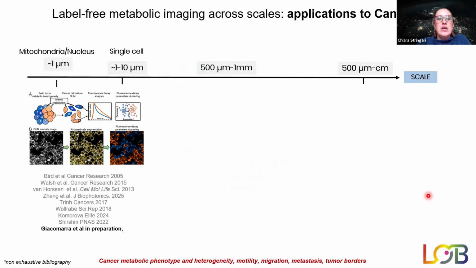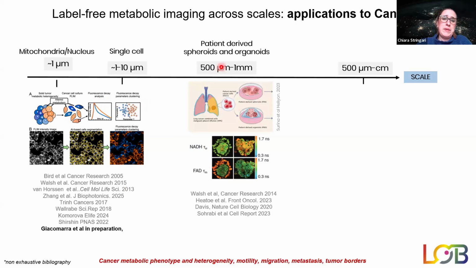There is a metabolic shift in different types of cells, cancer cells and immune cells. And so FLIM of NADH has been of great help to characterize metabolic phenotype and heterogeneity in single cells and also at the subcellular level. And FLIM can be used really to sort cells and identify cell types and metabolic phenotype. But in patient-derived spheroids and organoids, it is also widely used to characterize metabolic association to motility and migration and